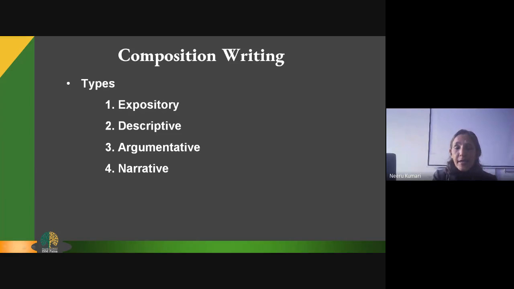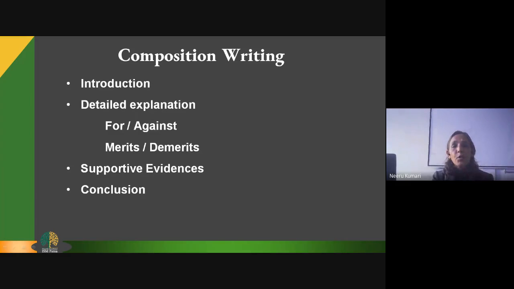As I said, these compositions, when written, are to be written in proper paragraphs. As discussed in the last class, when we talk about paragraphs, we need to remember unity, coherence, and logical arrangement. These are very, very important. So the first thing that you're going to present when you write a composition is you're going to introduce the topic. Identify what kind of topic you are presenting and also know what kind of composition you're going to write. If you are writing something related to narrative, if it is fact-based,